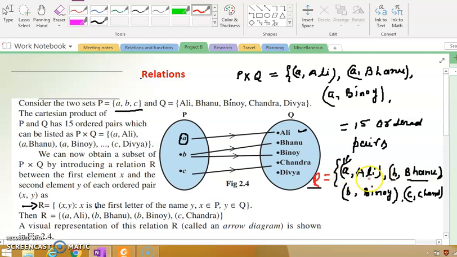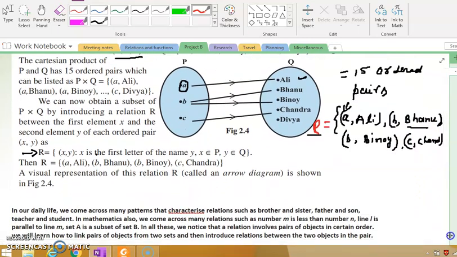So the very first element of the relation, like you can see over here, the very first element is called the domain, and the second element is your range. So you can write here your domain is A, comma B, comma C. And what is your range? Your range is